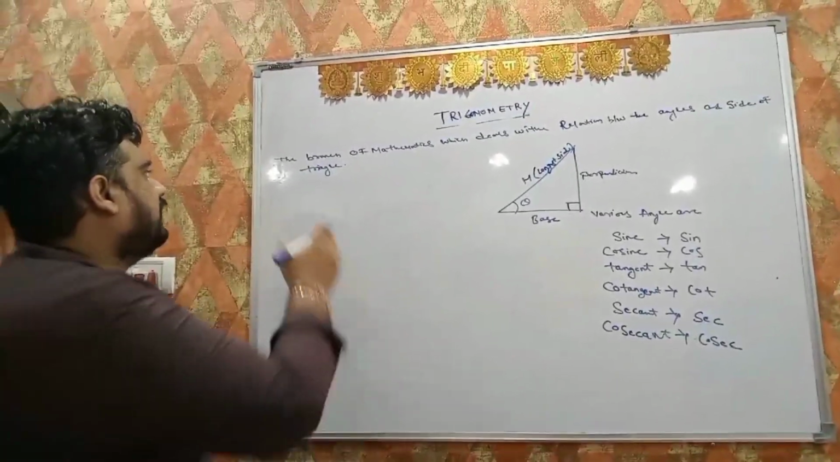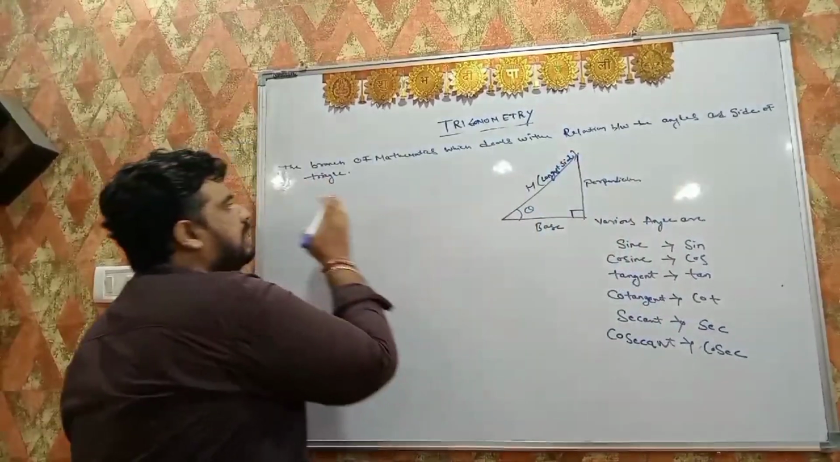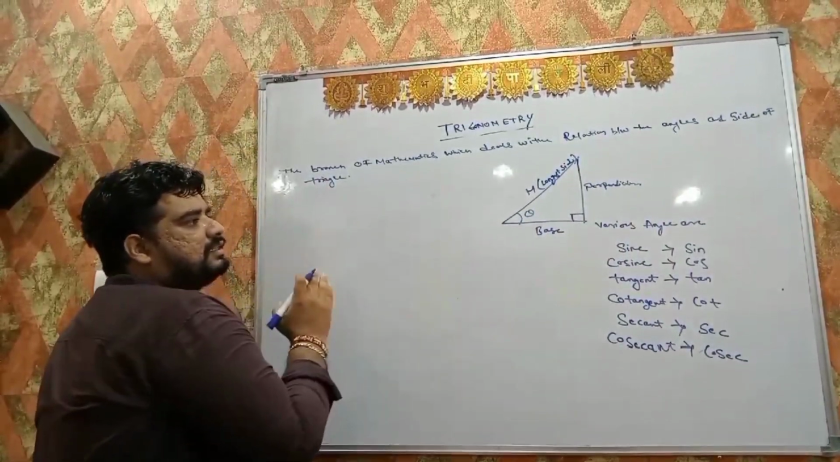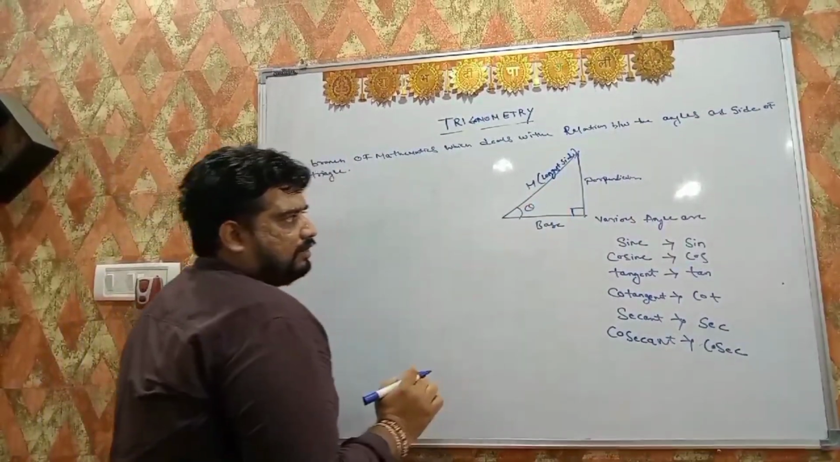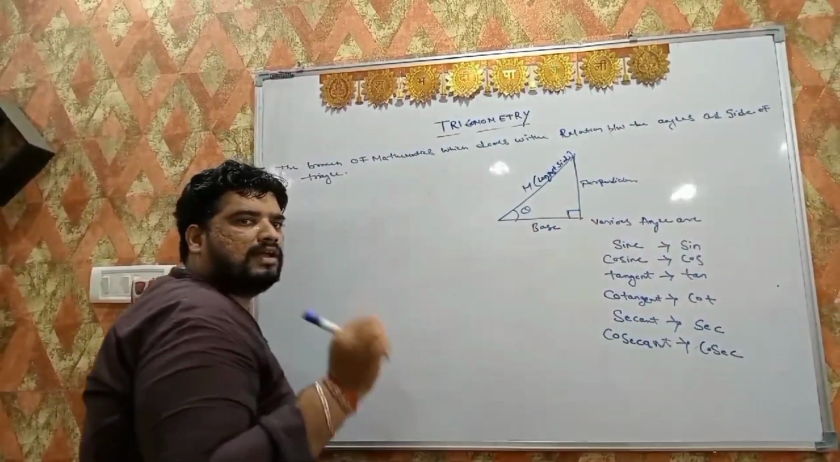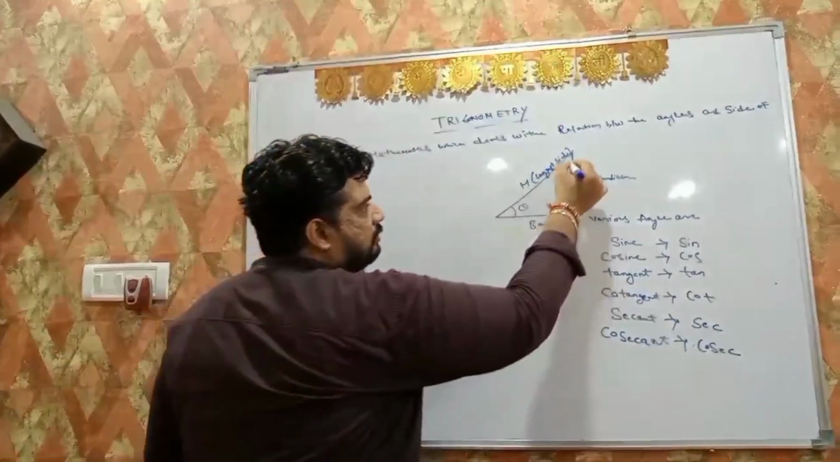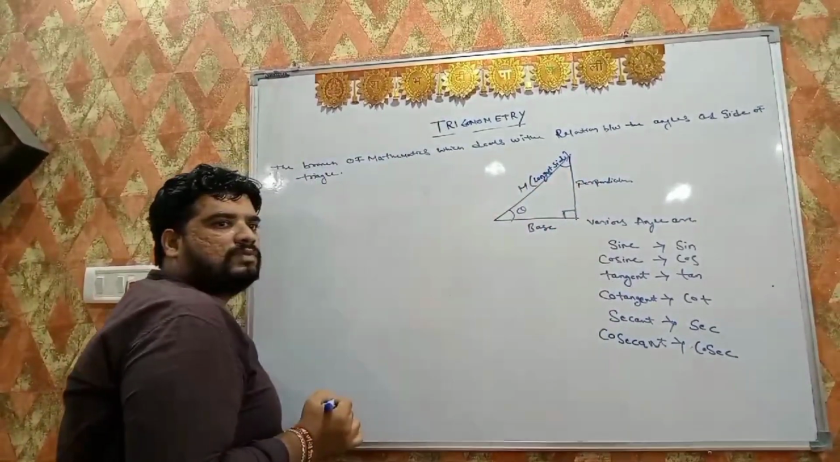What is trigonometry? It is a branch of mathematics which deals with the relation between the angles and the sides of a triangle. Basically the triangle is a right angle triangle. Why is it a right angle triangle? Because one angle is 90 degrees. So it is a right angle triangle, and the sum of the other two angles